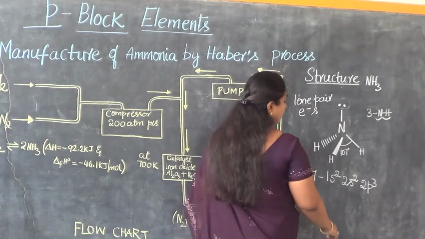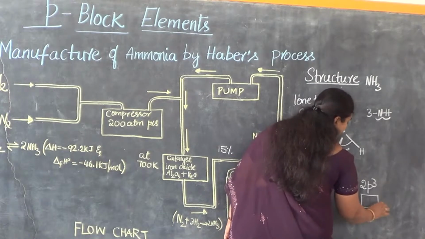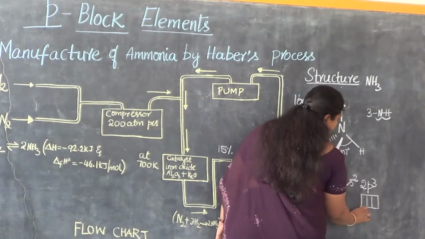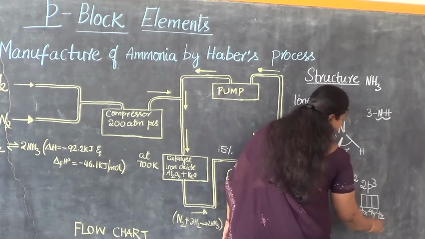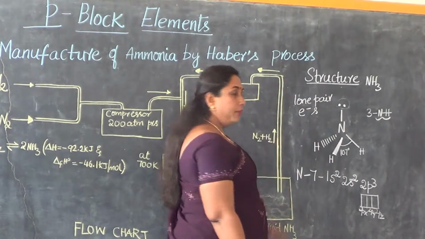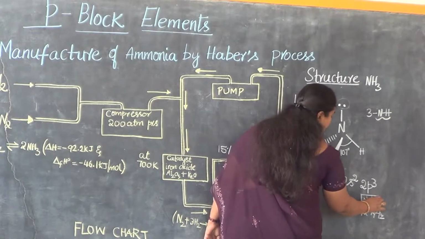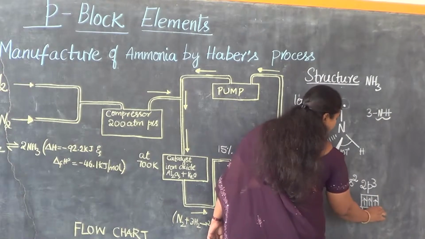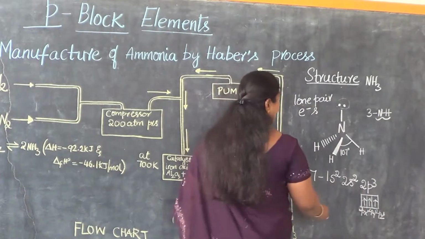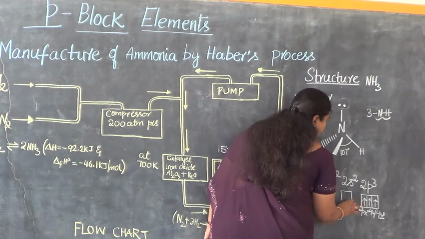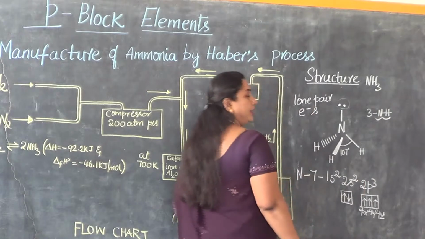How are these 2p3 electrons arranged? Let me write the orbital level diagram here: 2px, 2py, 2pz. As you know, p orbitals are 3 in number, x, y and z as per their axis. So 1 electron, 2nd electron, 3rd electron. We need to accommodate the electrons as per Hund's rule of maximum multiplicity. And in the 2s energy level, we also find the presence of 2 electrons which are paired.